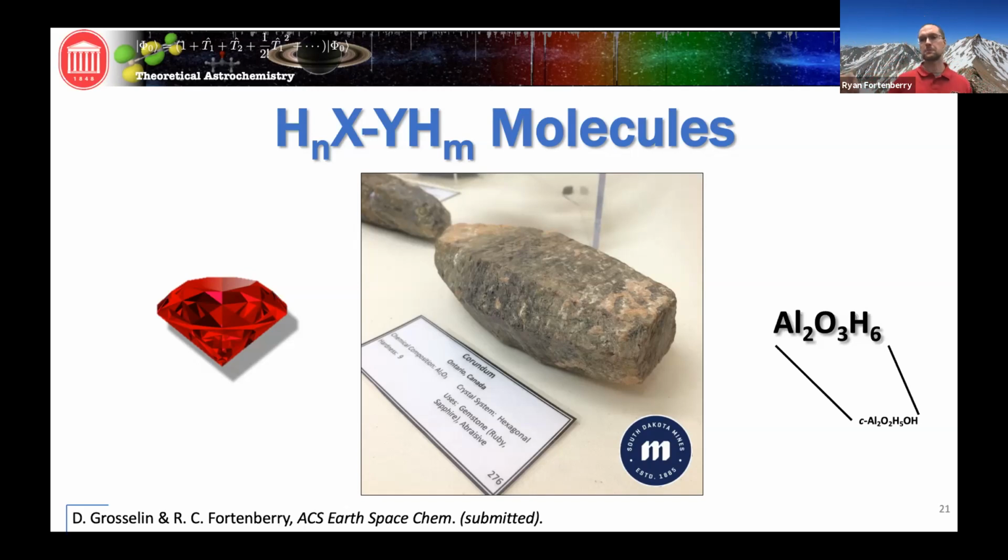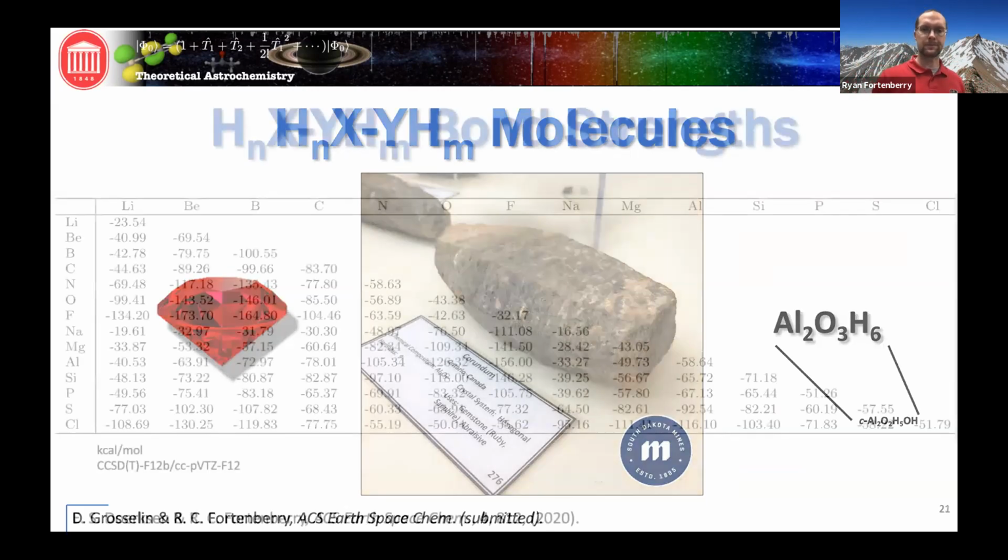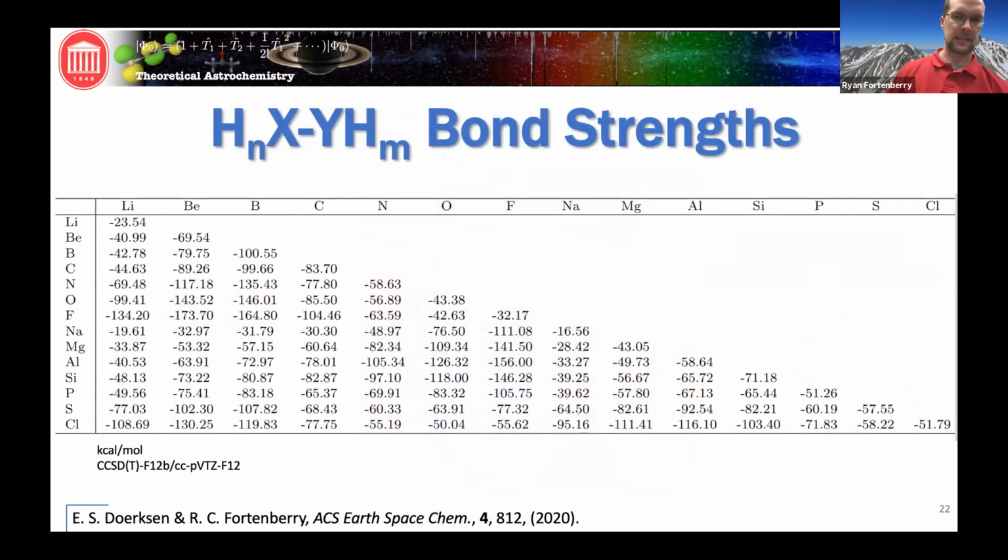Maybe it reacts and does this process and starts to make these small nucleations. I don't know, I'm getting into speculation, but it's something that I like to think about. So if we go back to our periodic table of all these bond strengths that we calculated, and to the